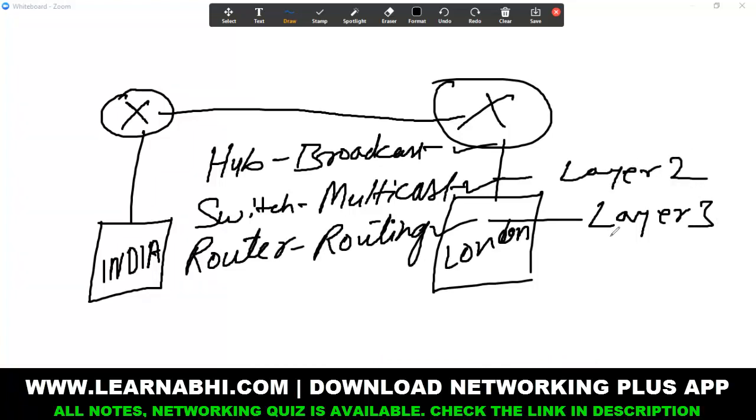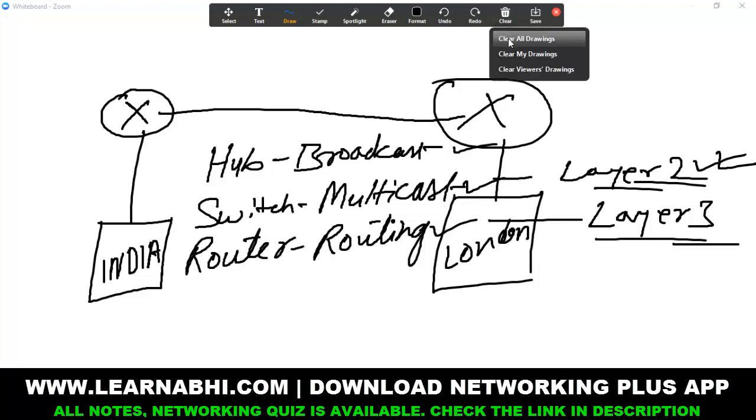Definitely, but this is not the full definition. You can include it in the differences. If they ask what is a switch, you can tell it is a layer 2 device. Like that you can explain. If you include this also, it is going to be very good for you. Thanks, dear teacher.